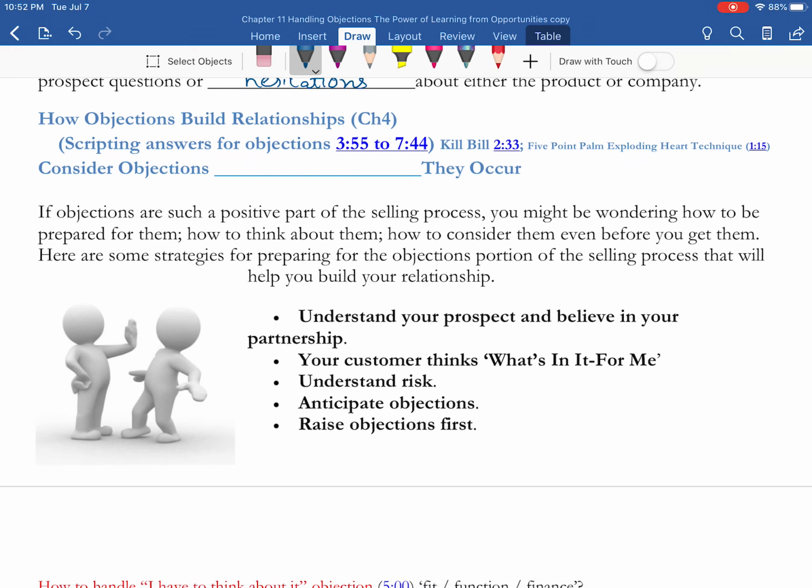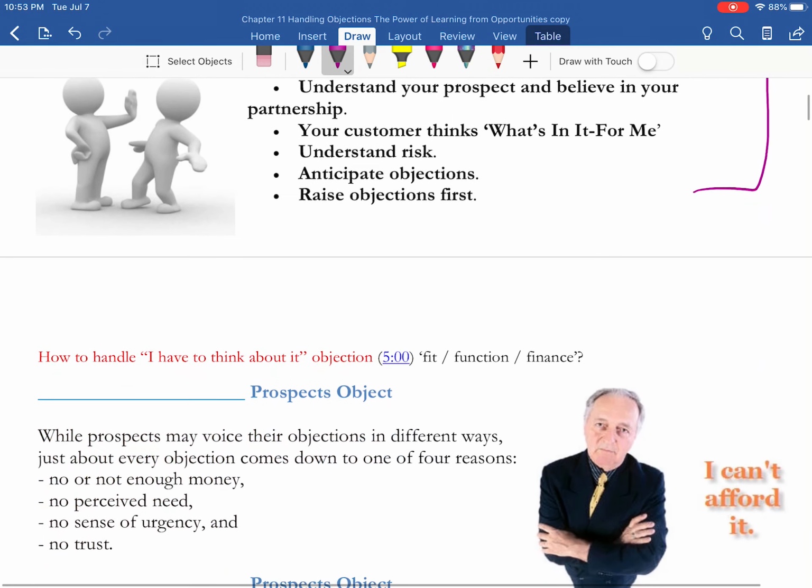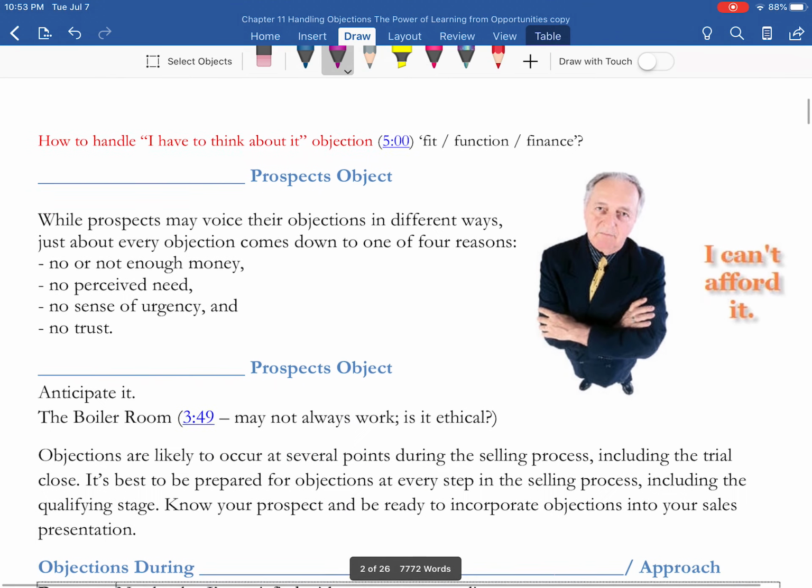Now you can also do one more important thing, that is consider objections even before they appear. Before they occur, you have to anticipate and say, I know that you are interested in knowing how to pay for the product, and we have a payment scheme, or we have various ways of doing it. You don't have to pay, you can just rent it for the first 4 or 5 months and then you can pay later. So there are various things that you have to think about when it comes to taking care of the objections that the customer is raising with you.